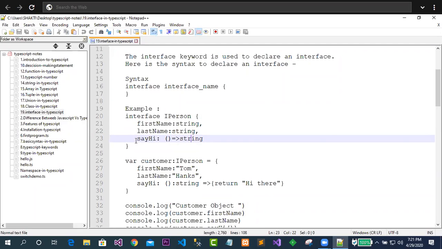The function is going to be defined by the class that implements IPerson. We will see how exactly.